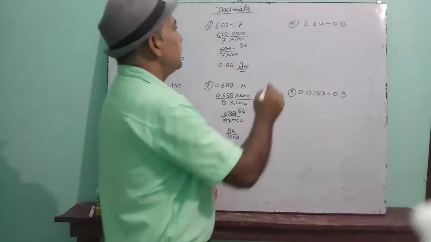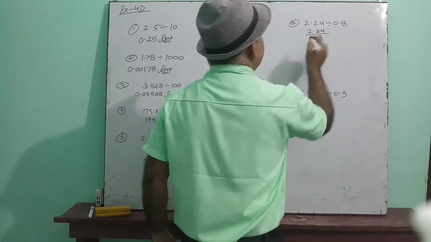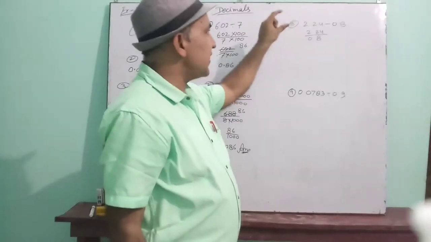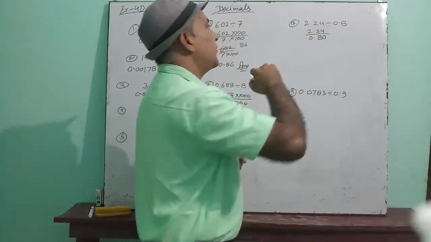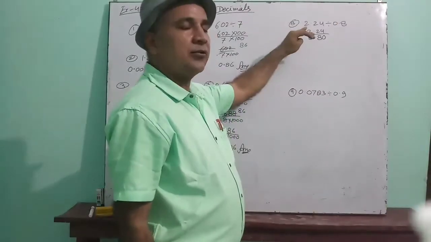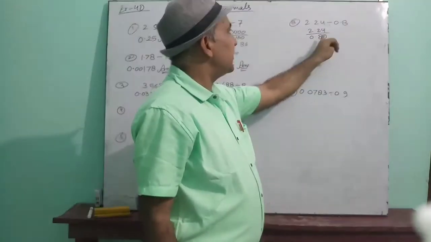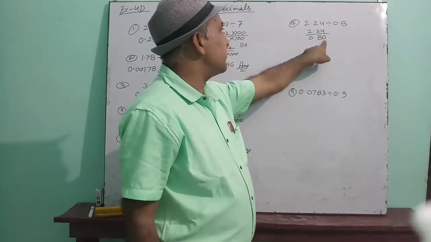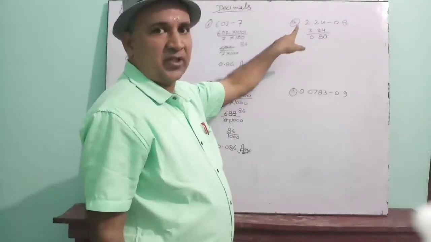Now see here a question. 2.24 upon 0.8. If the numerator and denominator both have decimals, then change them into like decimals from your side by adding 0. By adding the 0, change it into like decimals. Have you remembered like decimals? On the right-hand side of the decimal, the digits should be equal. See, in the numerator also 2 digits. Now by adding the 0, in the denominator also there are 2 digits after the decimal.